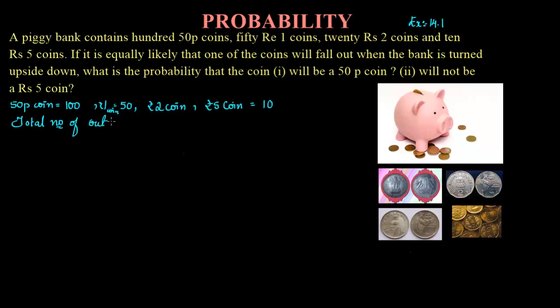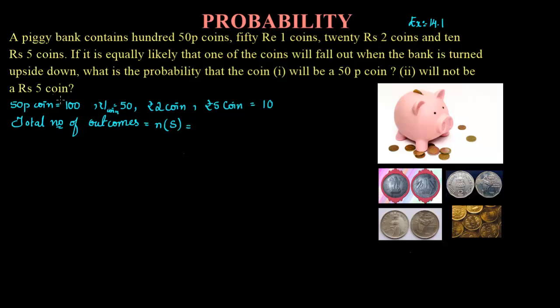So total number of outcomes, which is equal to n of S, because from now on we will be using a short formula for finding the probability, right? So what is that? It is n of S equals to,